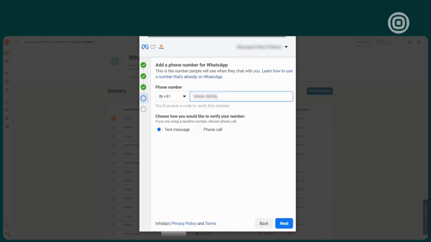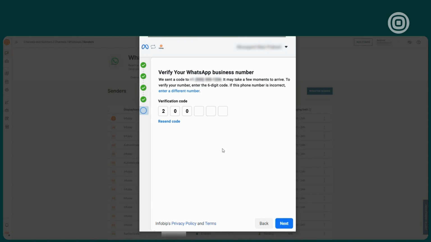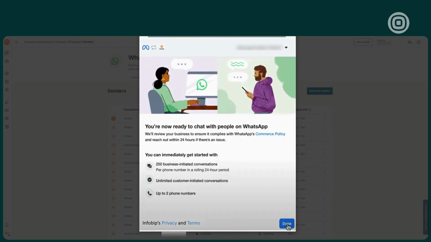Finally, verify your WhatsApp business number by entering the code. If you reach this page, you have successfully completed the embedded sign-up process. If you don't see this page, we understand not all journeys are easy. Should you encounter any issues or errors, please contact